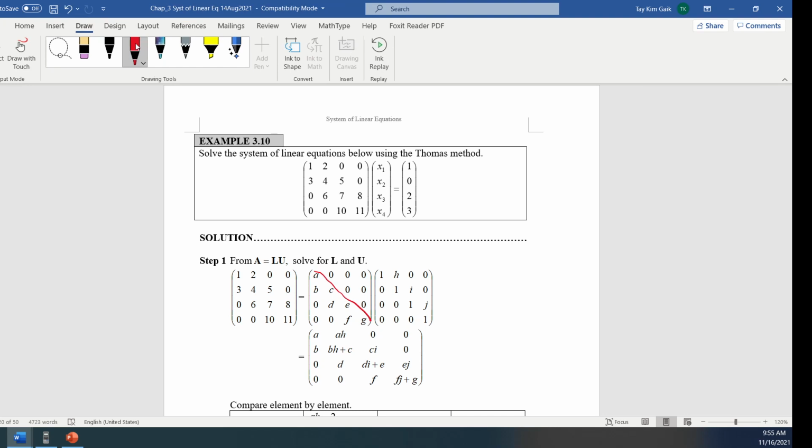But because in the Thomas method the system is tridiagonal, normally L is actually